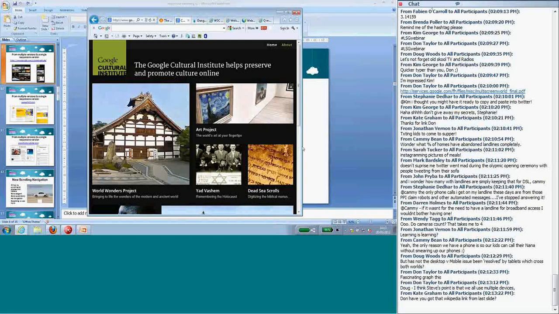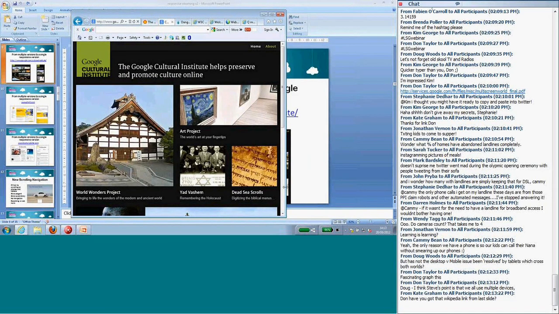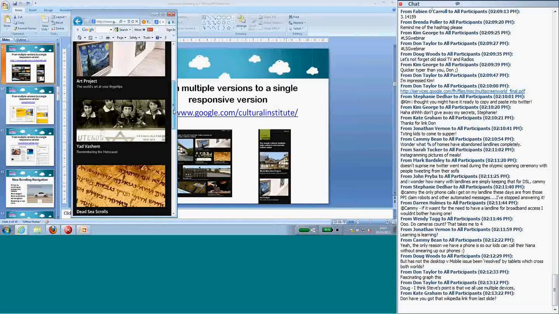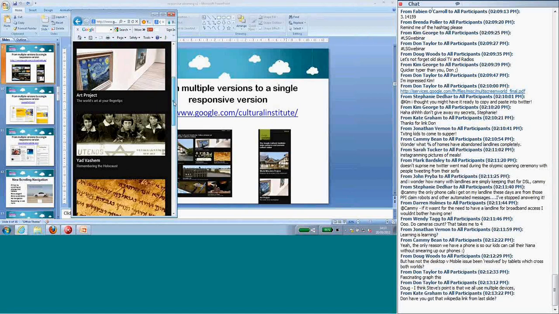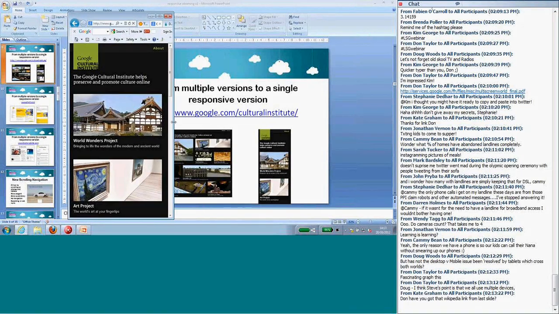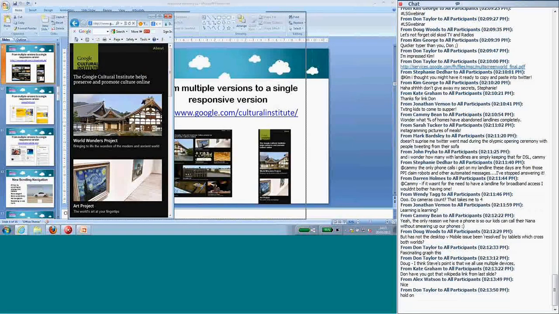In a second, I'm just having difficulty grabbing the corners of my screen because on WebEx. Anyway, if I now look at it on a phone, you'll see that it's resized and reformatted all of the content so that I can view it on a phone. And if I drag it back out again, if I can catch this jumping cursor,